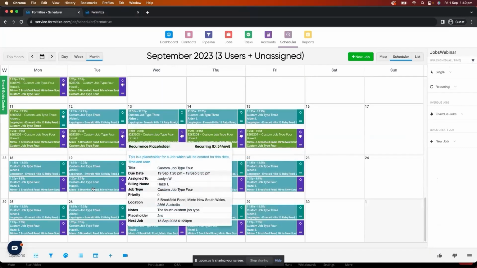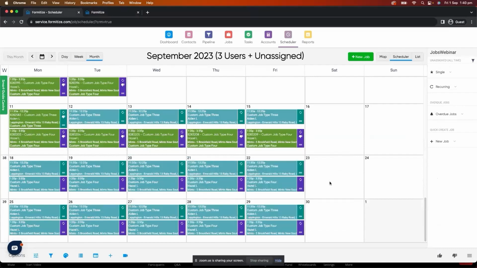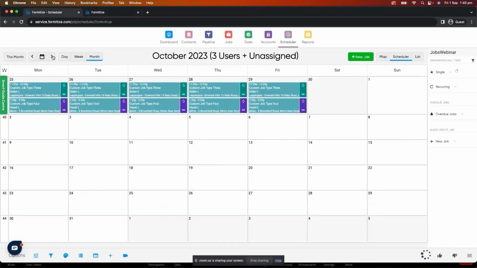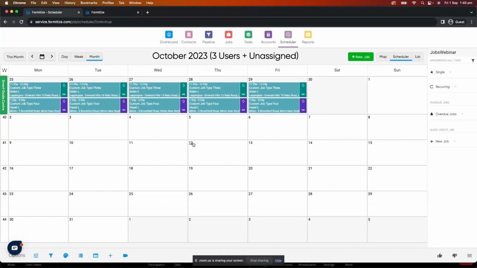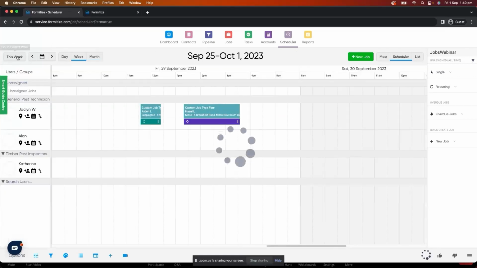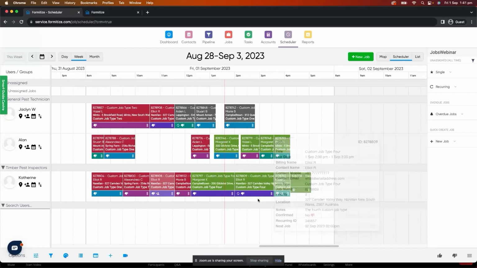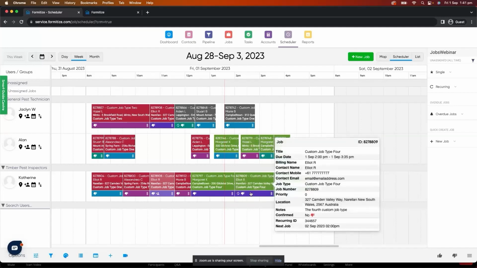You can see that these have been added to my scheduler. If we go forward, they've all repeated and added themselves on that sort of daily basis. And if you look at, we'll go back to this week. Okay, so recurring jobs will have a little icon down the bottom there, which is useful,